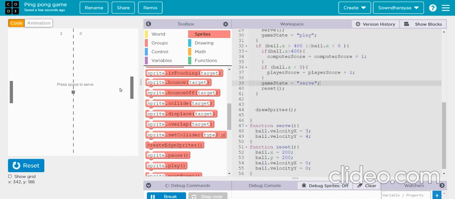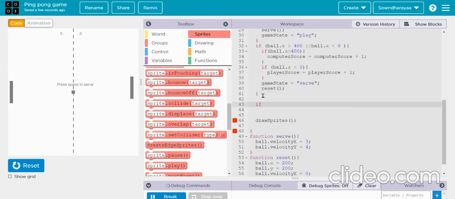Now we have only one thing left. It's not a bug. We have not done it yet. That is nothing but the game over. See, the computer I have lost up to 5 balls. So now we need to reset the game, which is the game over. So I'll write another command, which is if computer score is equal to 5 or player score is equal to 5,